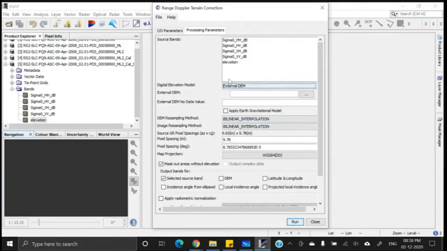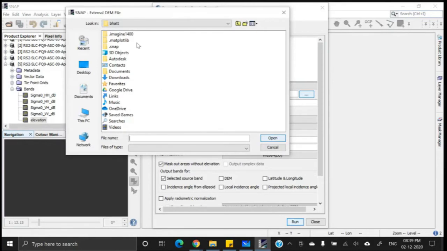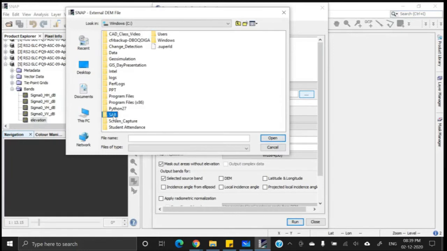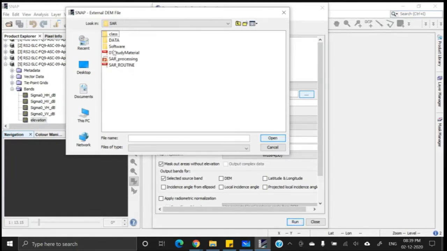If you choose the external DEM, it will ask for the DEM file, and you have to click on these 3 dots, and then you can select the DEM file like this one, this PC, then SAR data, radar set 2, then SRTM, this TIFF file.